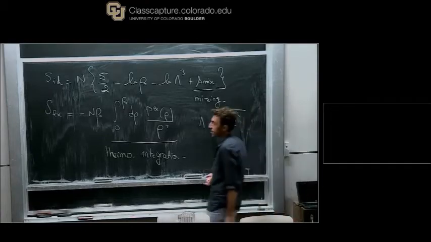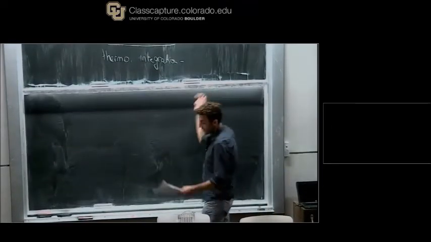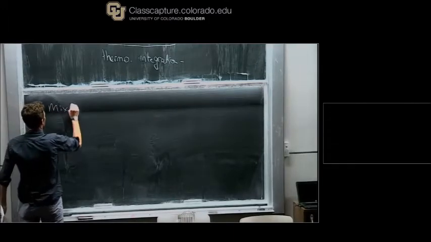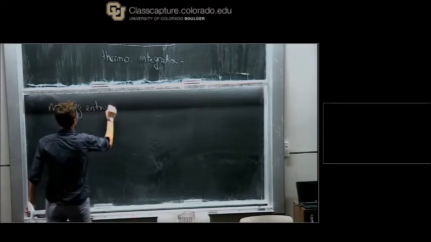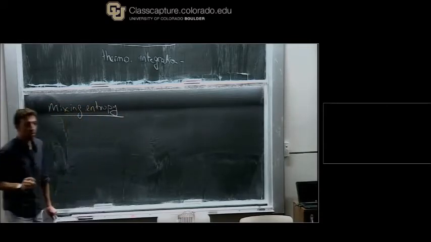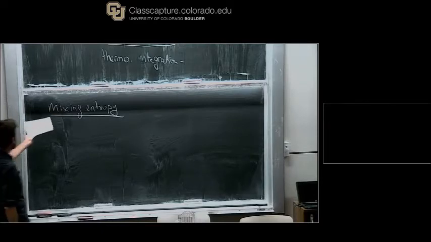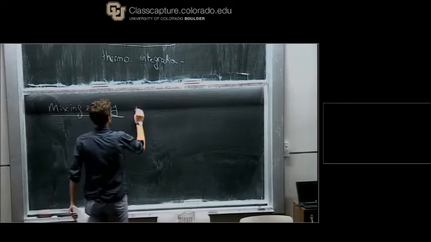So what about this mixing entropy? It's not terribly exciting, but we are working on it at the moment, so this is exciting to me at least. So I told you that to avoid crystallization, we take binary mixtures or continuous polydispersity, so a distribution of particle sizes. If you have two species in the system, it means that even for the ideal gas, you have an entropy that comes from interchanging the identity of the particles. You've done a lot of exercises about this paradox that comes from exchanging the identity of the particles. So if you have a mixture with M components,